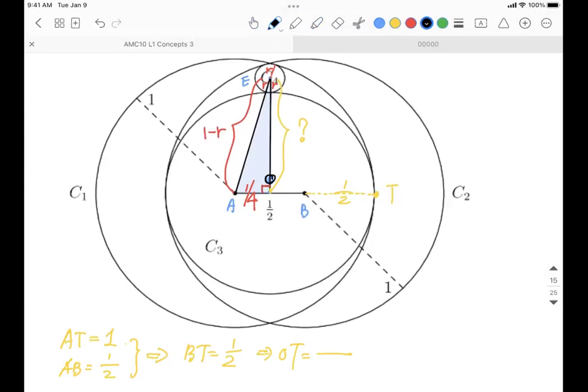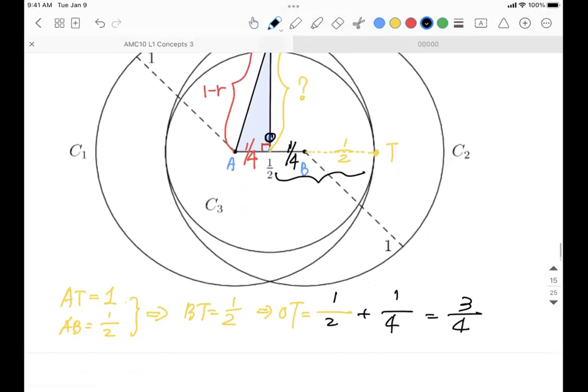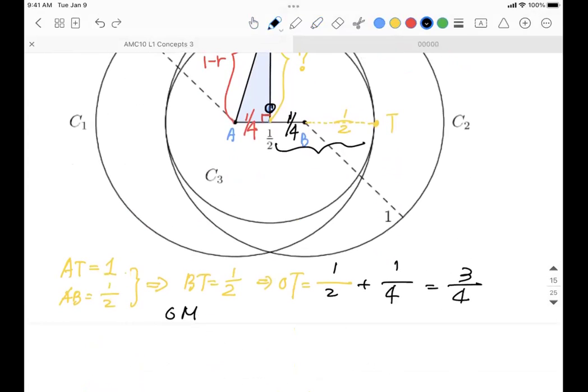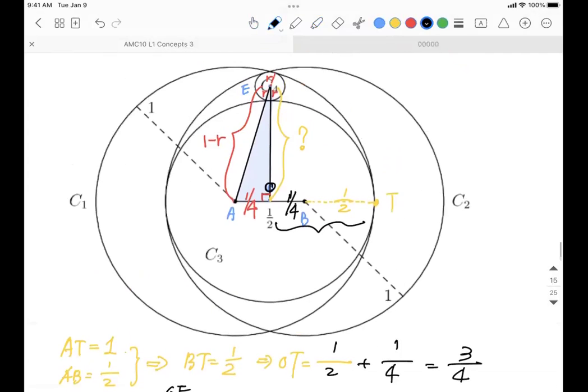OT is actually 1 over 2 plus 1 over 4, because this is 1 over 4, right? OT is going to be 3 over 4. If OT is 3 over 4, so OE, excuse me. This is E, right? Because OT is the same as OE. So therefore,